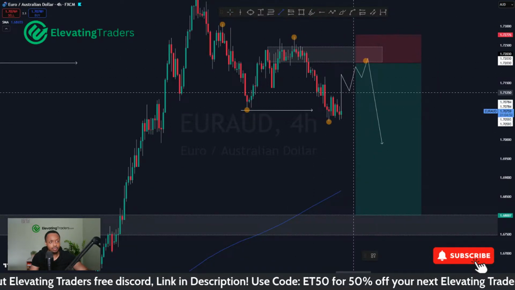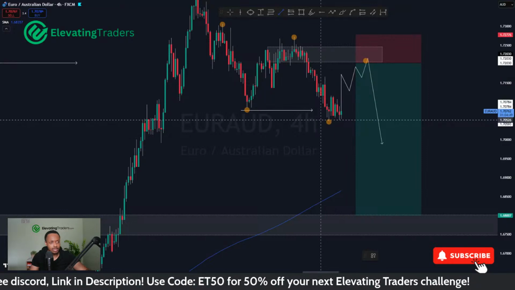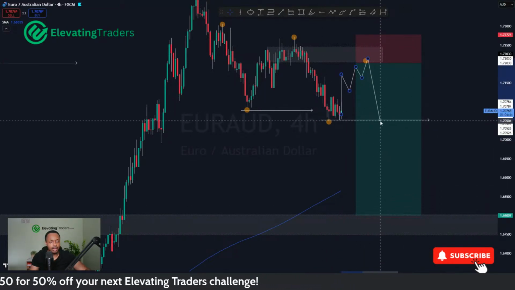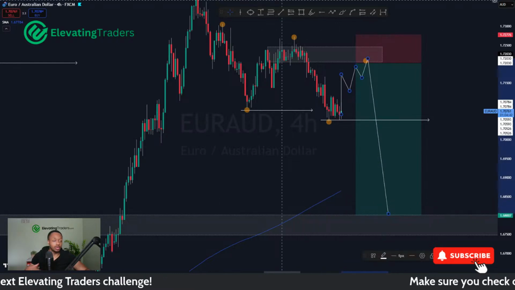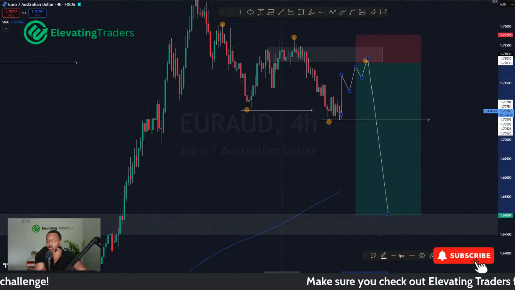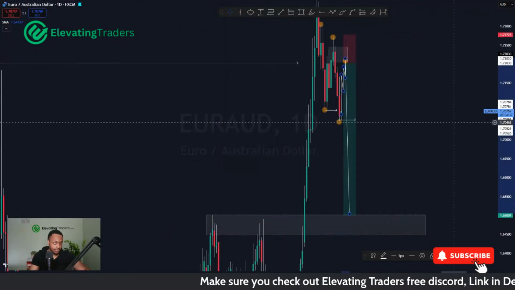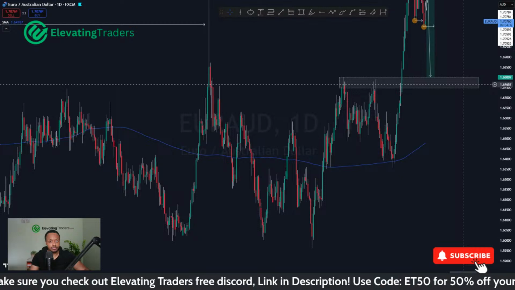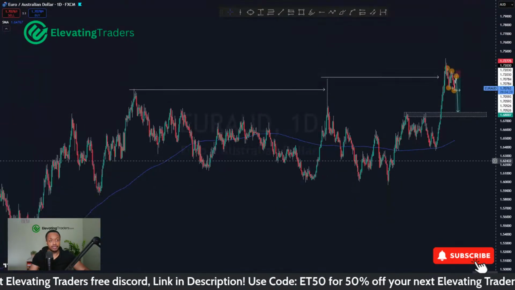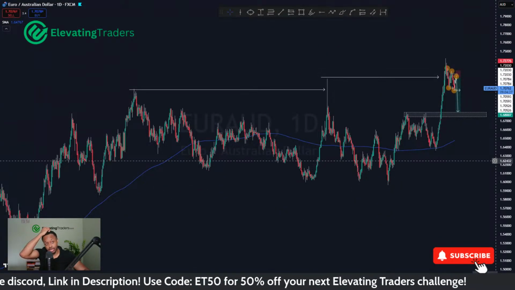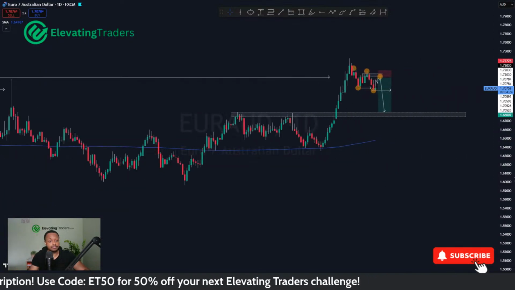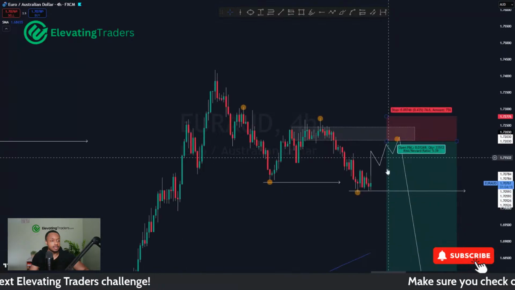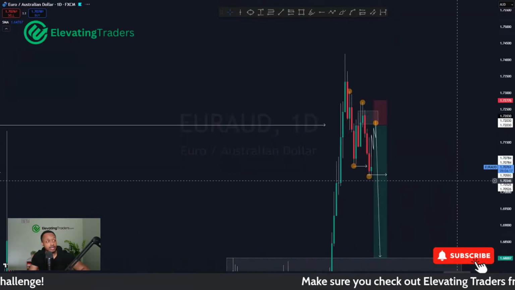If we pull back from here, that would naturally be a healthy place to target as support, the price swing low. You can always leave positions to run if you're looking for that bigger move. But the way I see it, Euro Aussie is likely to come back and test some levels it broke through, especially this 1.68 level. So I'm pretty bearish on Euro Aussie, expecting another retracement and some pullbacks on the lower time frames. You can probably find a nice swing high to short and take advantage of that swing there. So yeah, pretty bearish on Euro Aussie.